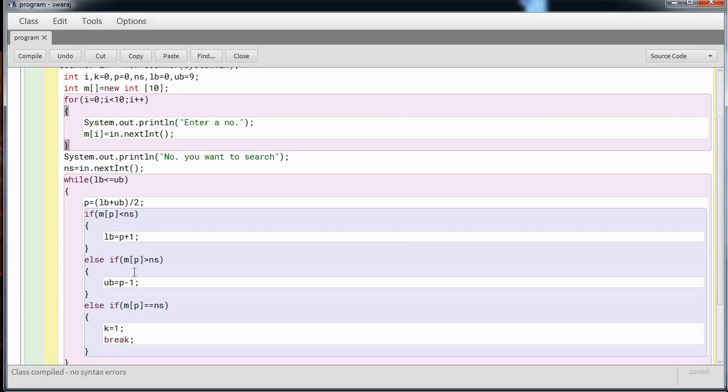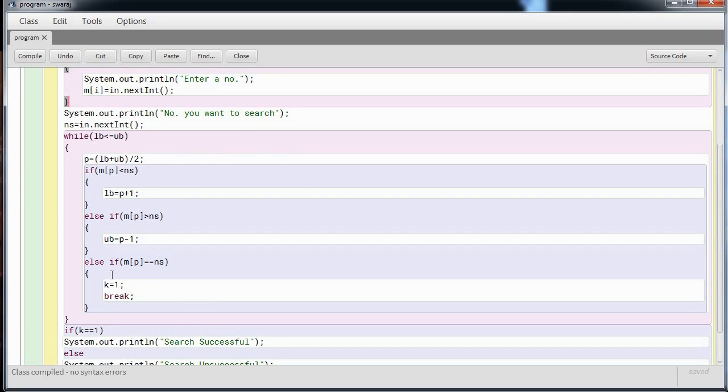Else, if the Pth number in the array is greater than NS, in that case the upper limit, which was UB, in this case 9, will have a value of P minus 1.